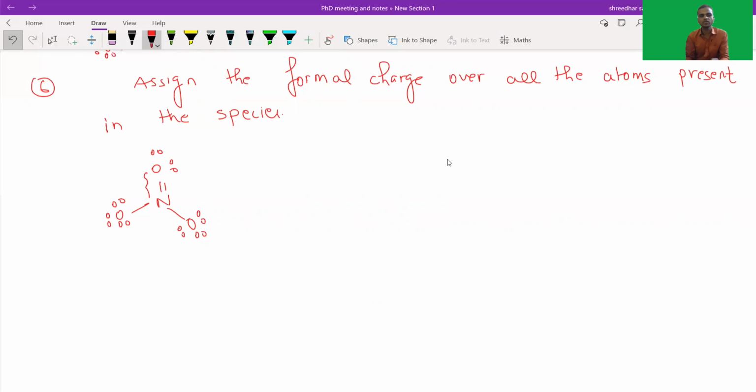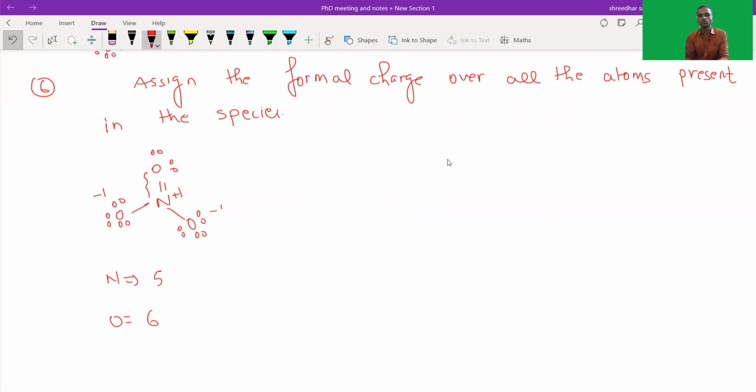So nitrogen is having a total of 4 electrons, 2 from the double bond, 1 from here and 1 from here. Now in the neutral nitrogen atom, there are 5 valence electrons and here there are only 4 electrons. It means 1 electron is less. So the formal charge will be +1 over the nitrogen. In a similar fashion, we can assign the formal charge over the oxygen. So 2, 1, 2, 3, 4, 5, 6 electrons and 1 electron from this chemical bond. It means how many electrons become? It becomes 7. Now in the neutral oxygen atom, there are 6 electrons and here it is having 7 electrons. It means 1 electron is more, so it will have a -1 formal charge.